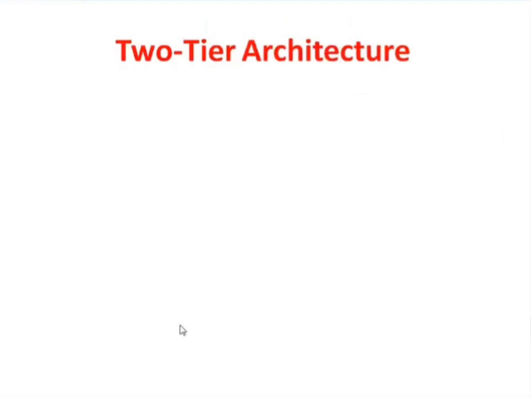The next type of architecture is two-tier architecture. As we saw in the one-tier architecture, there will be only one component, that is database management system. So user will be directly sitting on that and working on it. So there will be no other user. But as in the case of two-tier architecture, there will be two levels. So one is client, another is server.